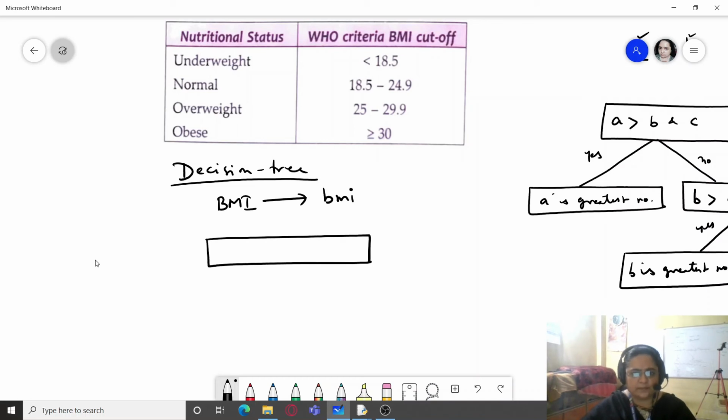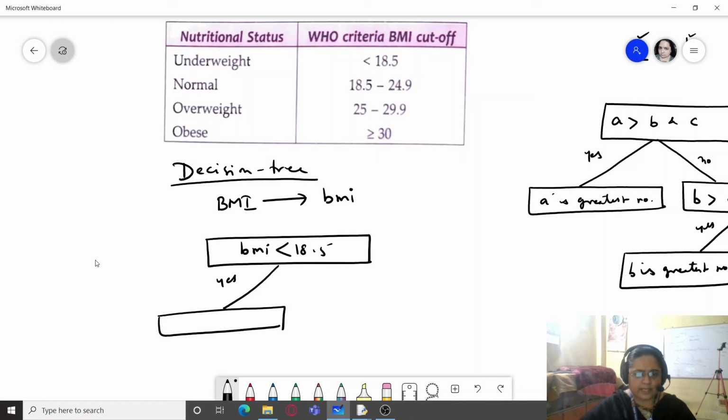So for this, we will first see if BMI is less than 18.5. So I'll write here less than 18.5. If it is yes, then the person is underweight.